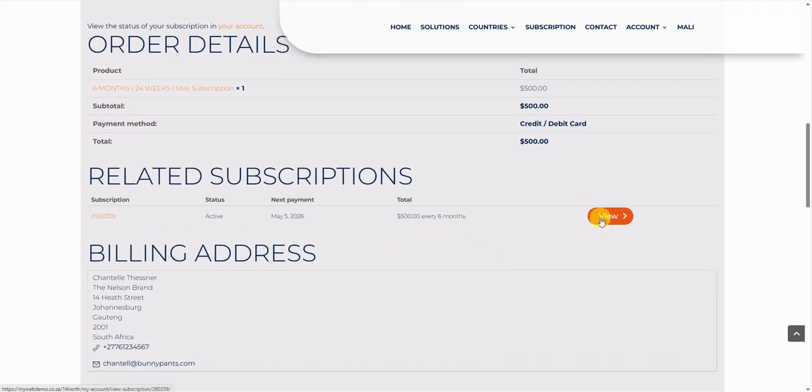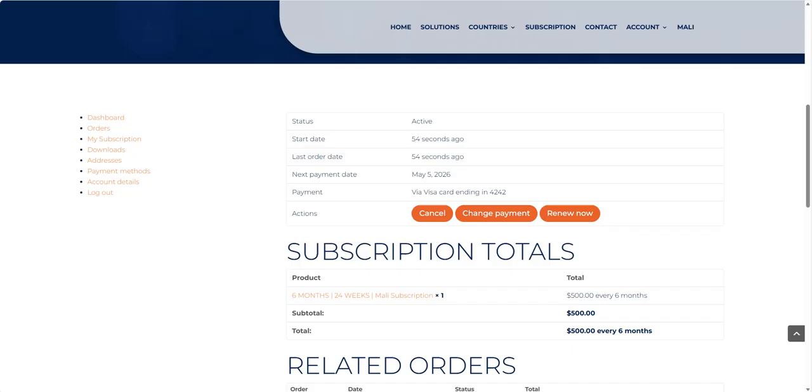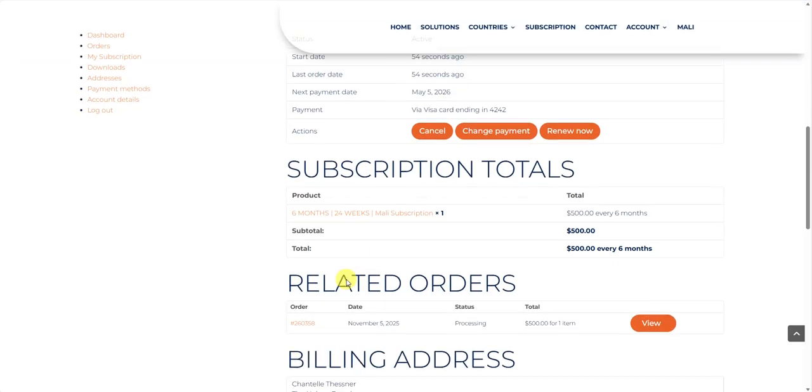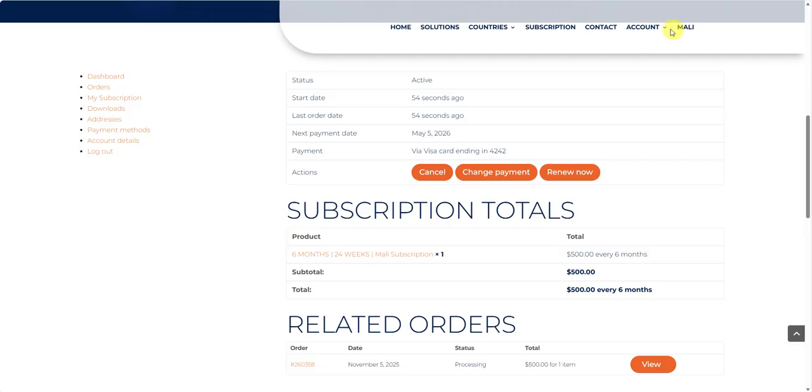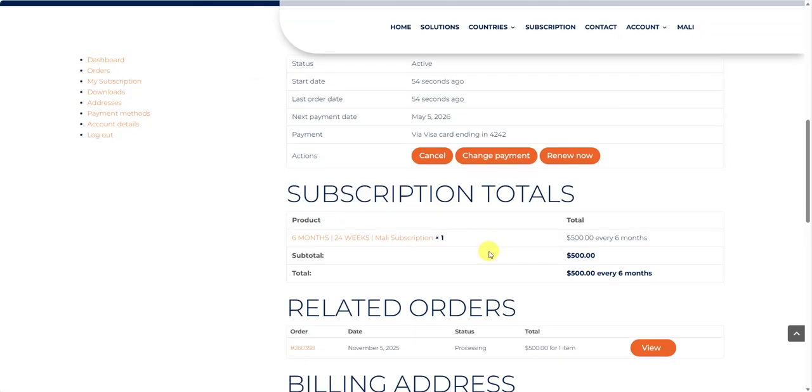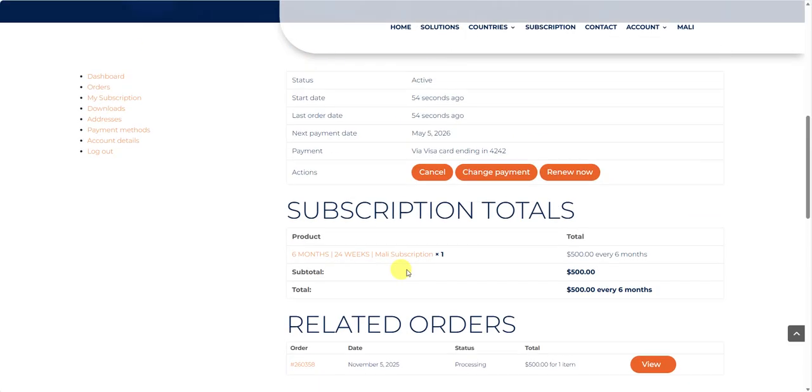So I can click on this subscription here, view, and then I can cancel my subscription, change the payment, and renew now. This is where it will be in the dashboard. If I click here on accounts, I go to my account, I will see all of this, and there's a billing address.